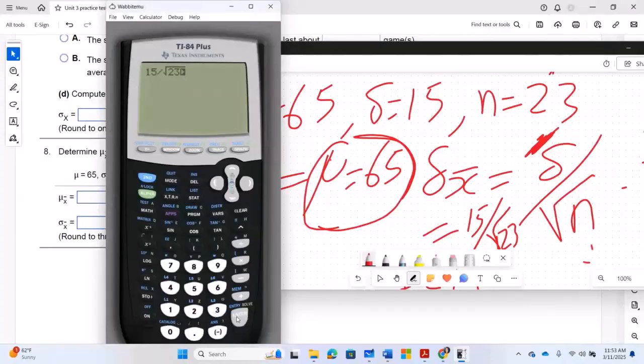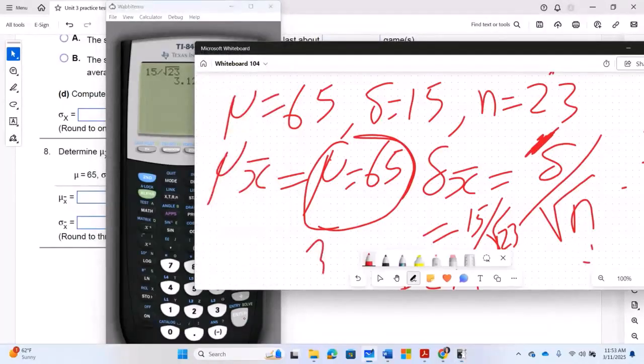What am I looking for? I'm looking for the standard error. And what is standard error? Standard error is the standard deviation of the central limit theorem, of the distribution of means. So I end up having 3.123. That is the standard error. And notice that the standard error, which is 3.123,